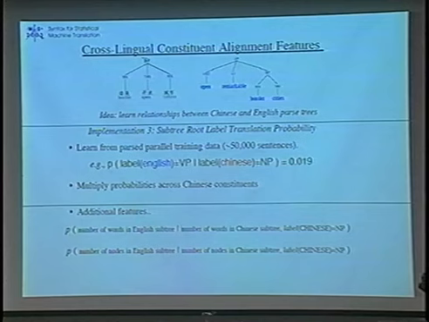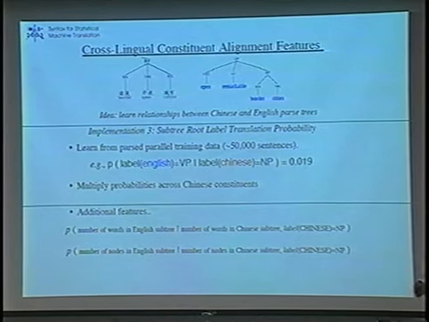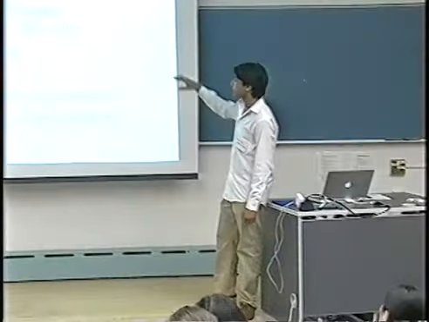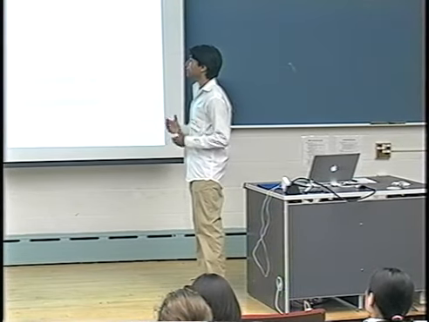So we use roughly about 50,000 sentences which were parsed, in the data set which Anoop referred to. I think it was actually close to 50,000, I guess. And we just estimate these probabilities. So we count up the number of times we see an English VP subtree given a Chinese NP tree. And it's important to point out that we don't explicitly have these relationships, even on the training data, between Chinese parse tree constituents and English parse tree constituents. So we use this algorithm of using the alignments and minimally covering subtrees to assume that those are related subtrees.